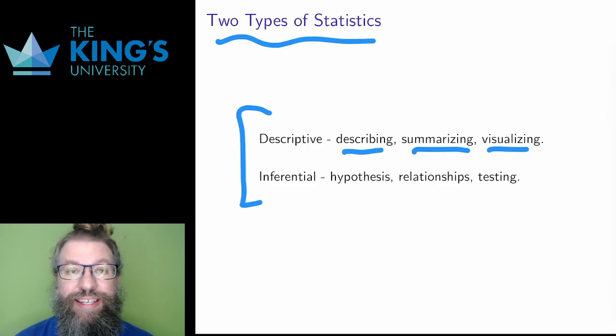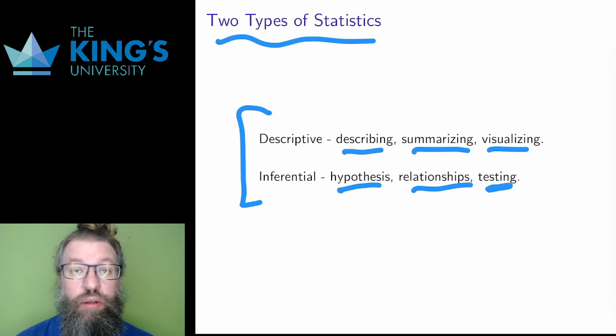Inferential statistics are more ambitious. They start with a hypothesis of a relationship between the variables in the data set. This relationship is more than just a description of the data, it's a mathematical connection hidden inside the data. Once this hypothesis is put forward, it is tested with a variety of methods to determine whether the hypothesis holds. It's a much more active process than summarizing or describing. For this video, we want to just use the descriptive methods,